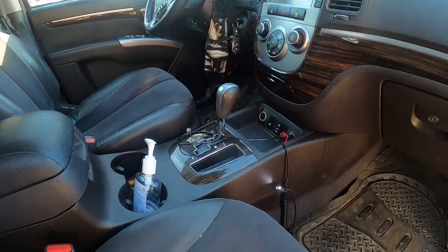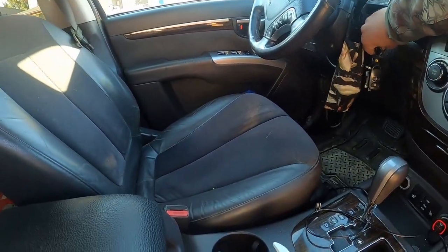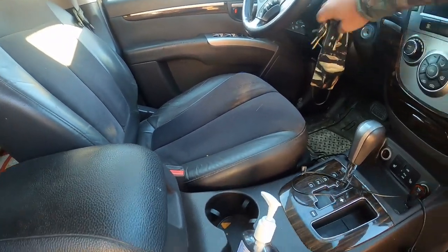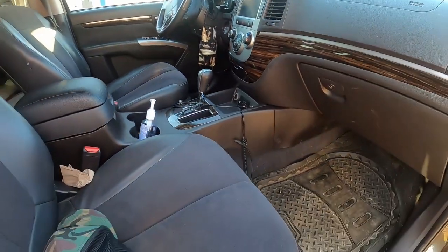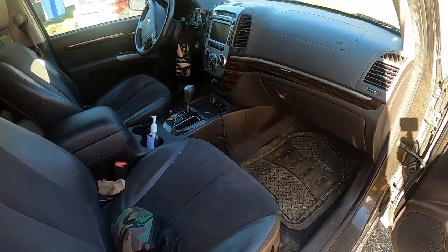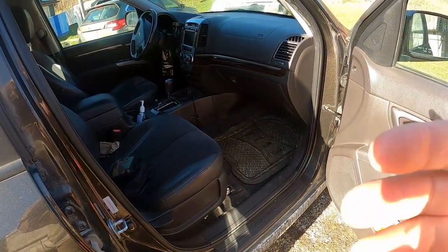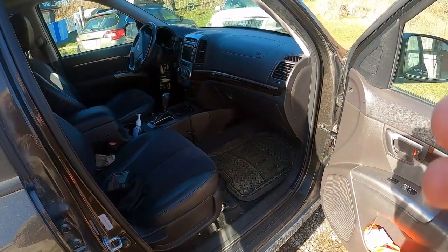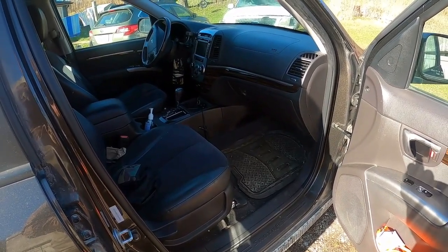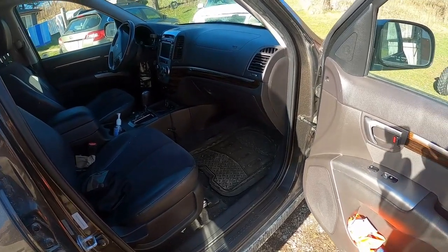Now, you want to think about your vehicle in terms of protection, no different than a computer. Think about if you leave your computer to be tampered with at any point, then you just have to assume that it's been tampered with. So until you've fully checked out your vehicle, done RF scans, visual inspection, and so on, you just need to assume that your car has been bugged. So with that,